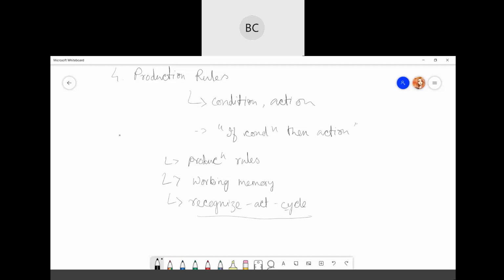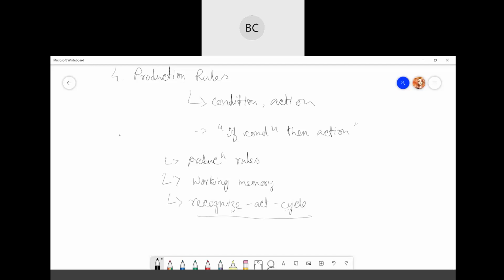Okay. So the working memory will basically contain the description of the current state of the problem solving. And there will be certain rules with which we can write the knowledge to the working memory. So this knowledge may match and fire other rules. Okay, so in working memory, we will just store the rules.